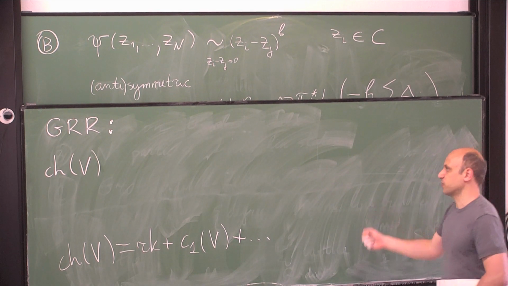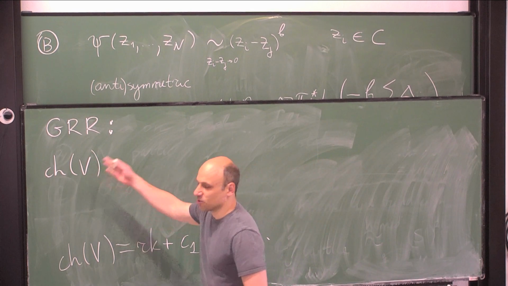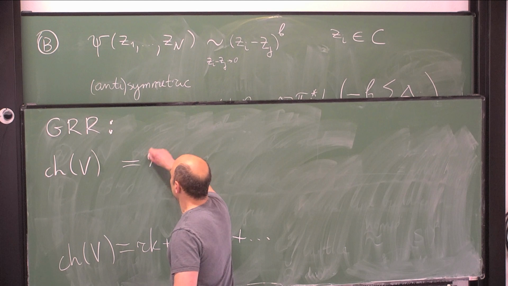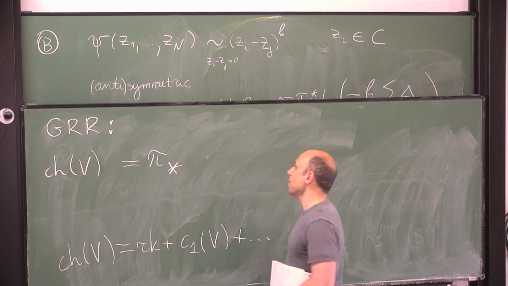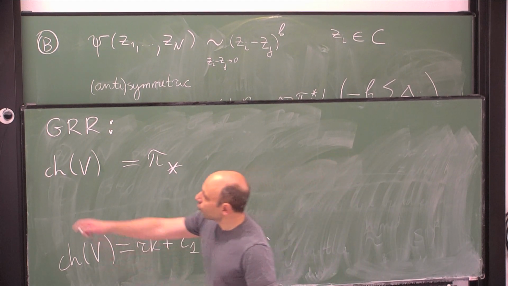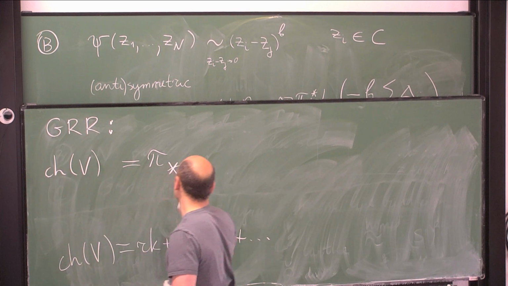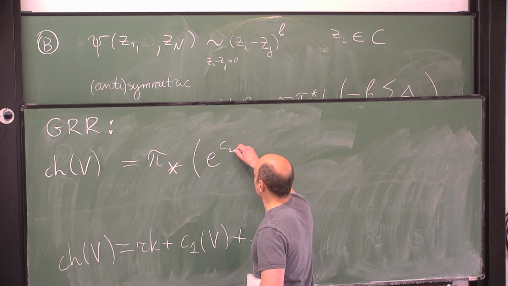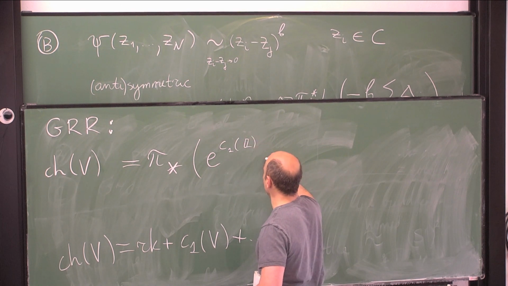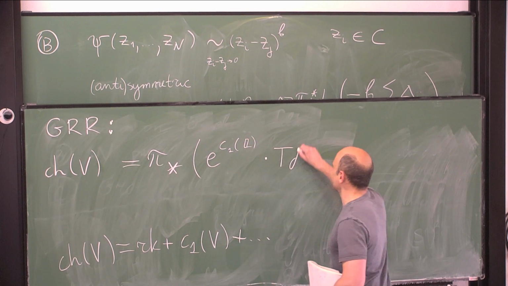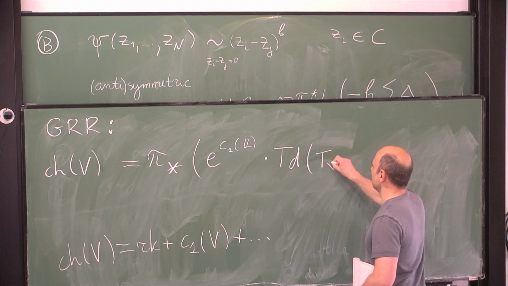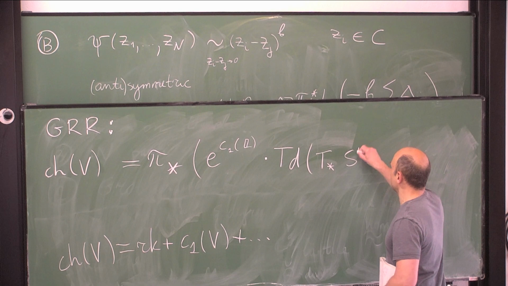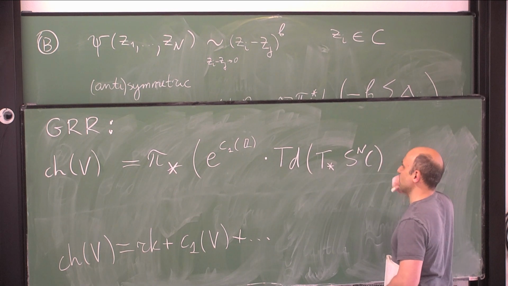They're actually equivalent to each other, but the Grothendieck-Riemann-Roch formula gives these. And it's the push forward under this phi of the exponential of the first Chern class of L times the Todd class of the tangent vector bundle to the symmetric nth power